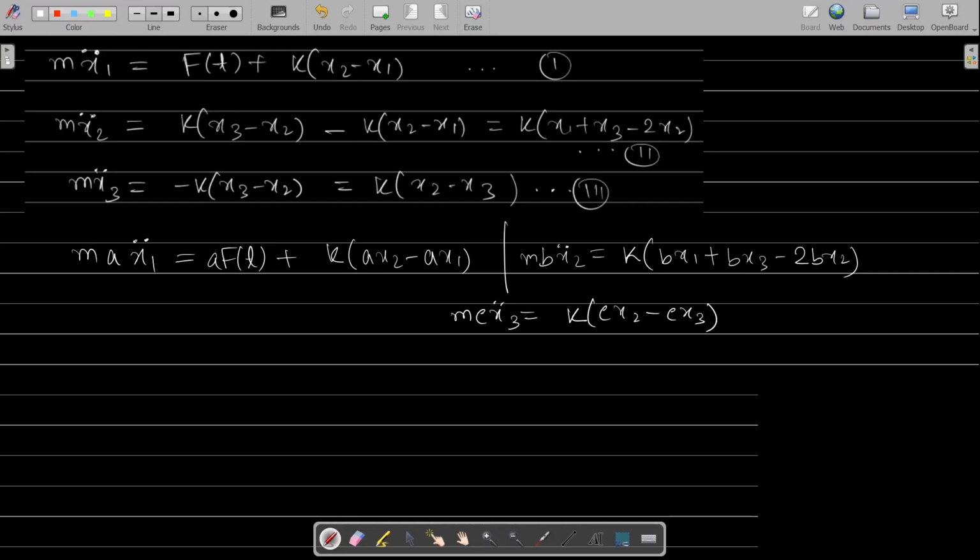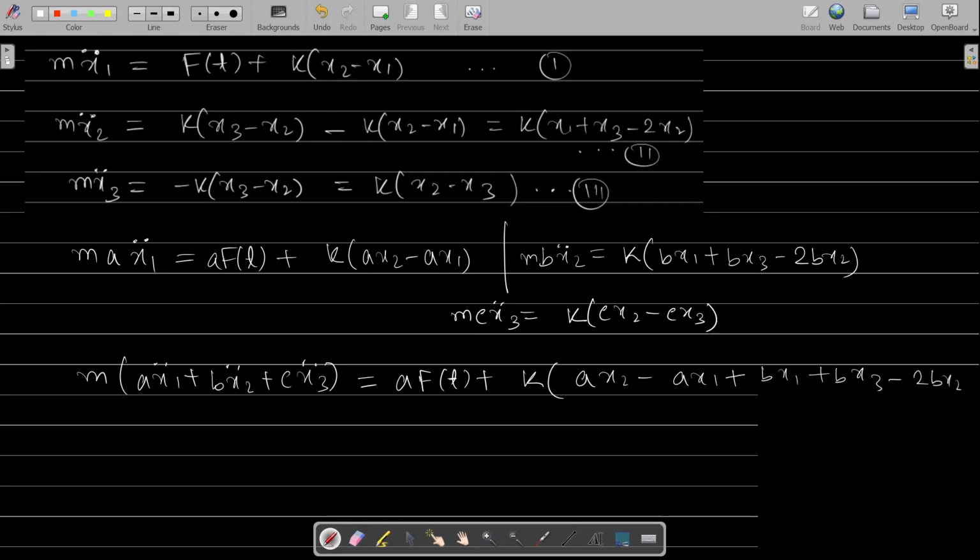Now, what we're going to do is add all these three new equations, and we'll have this thing, right? Now, if psi3 is a normal coordinate, then this thing is psi3 double dot by definition,